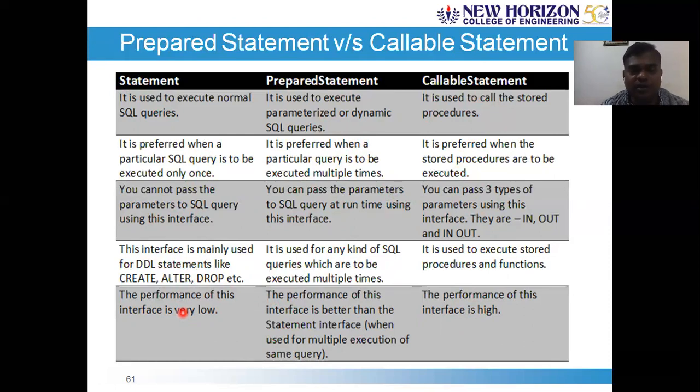So here is the end of the callable statement session. We are able to differentiate between the statement, prepared statement, and callable statement objects, which is a very important question from the examination point of view. Possibly a 6 or 8 mark question if all three things are used together. Sometimes statement and prepared statement can be asked to differentiate, sometimes prepared statement and callable statement. Any combination can be asked in the examination.